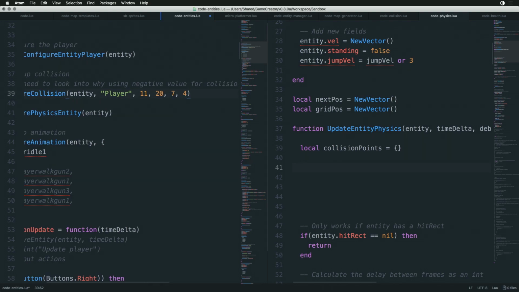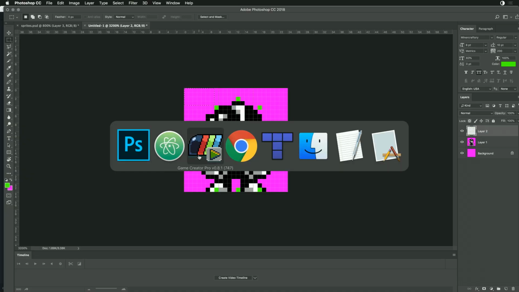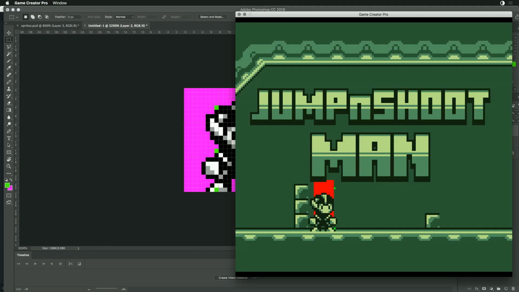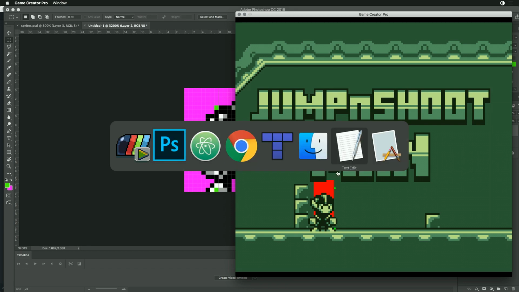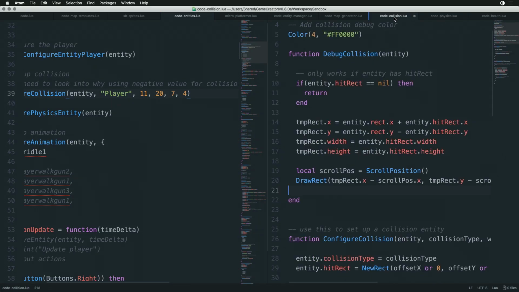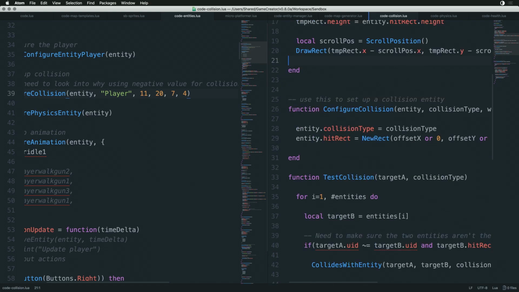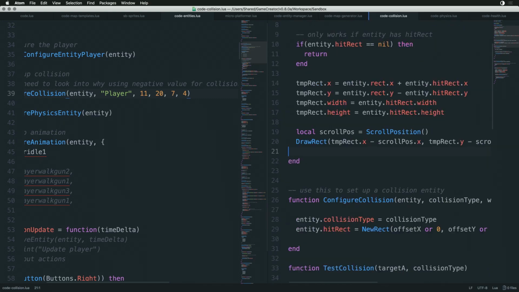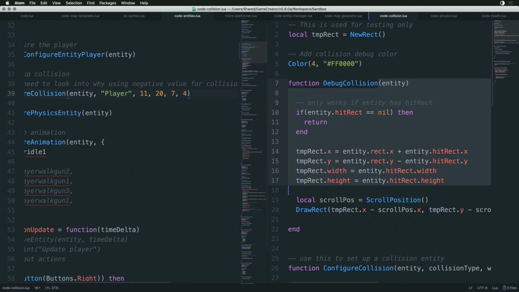And this is where I wasn't very happy, I was getting sort of confused. Now watch, 7 by 4 is going to move the cylinder up. And what I'm going to do is go into the code collision and change this value. Now, when we go to debug the collision,